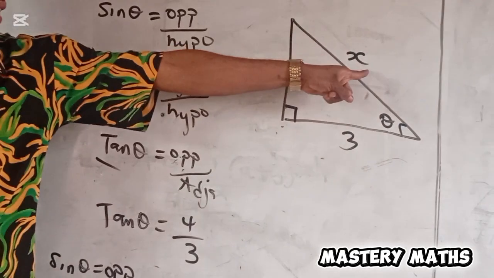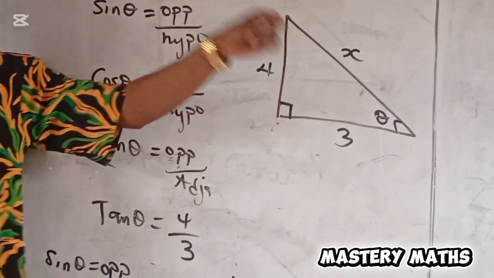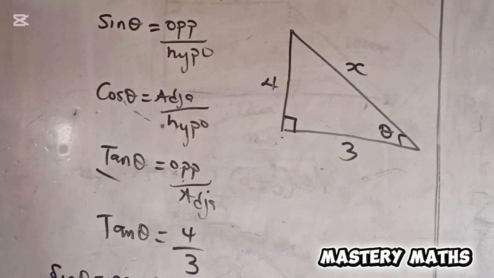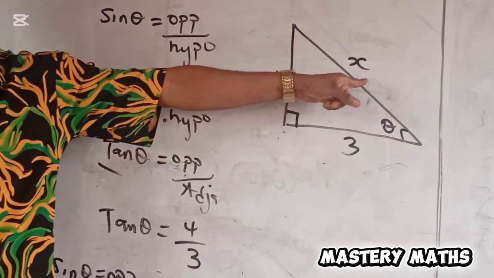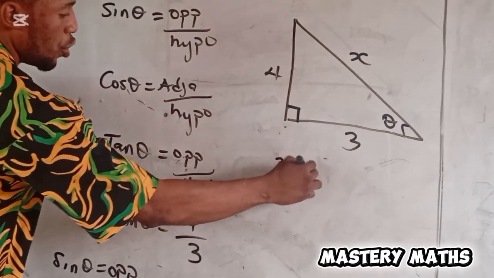Now, how do we get this x? How do we solve for the x? We solve for this x using Pythagoras theory. We'll solve this using what? Pythagoras theory. Now, using Pythagoras theory,